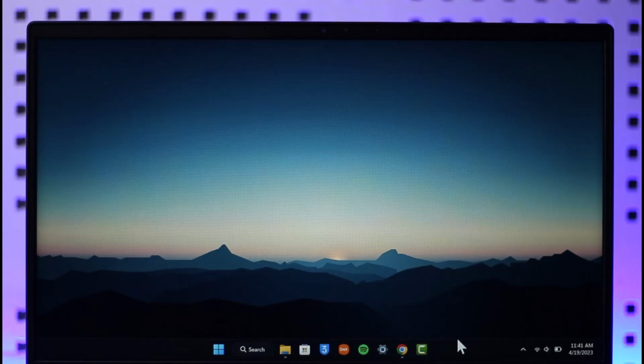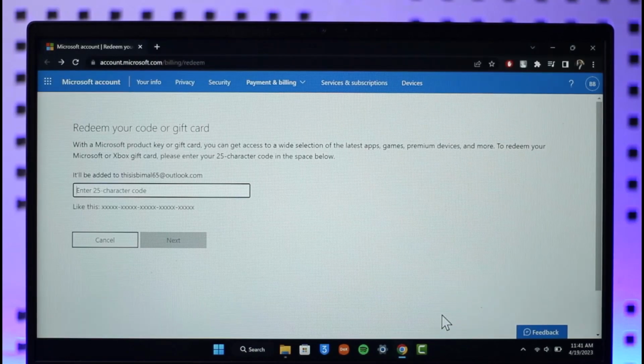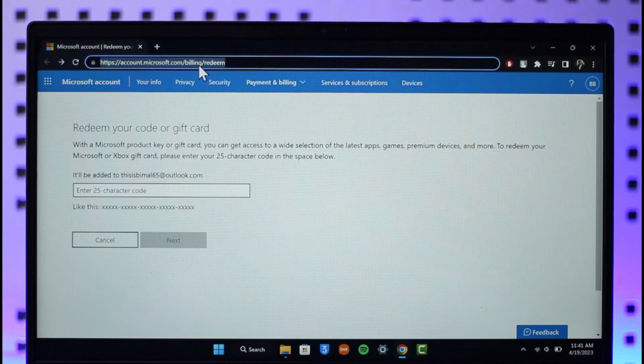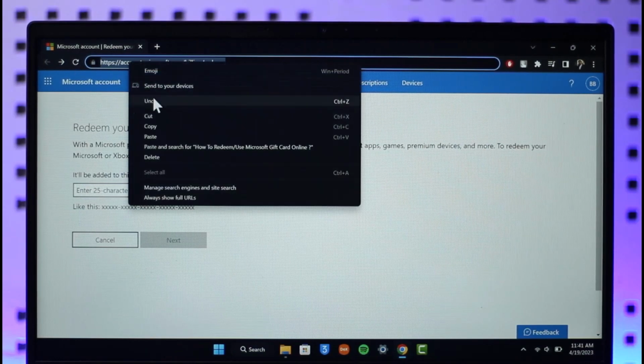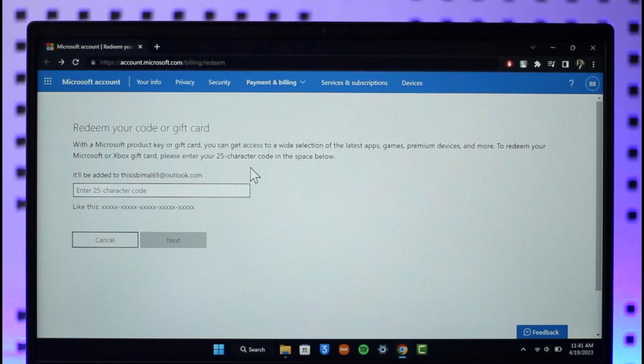If you'd like to use your Microsoft account's gift card, all you have to do is simply open up your browser, directly go to this official link, which is account.microsoft.com/billing/redeem. So you want to type in /billing/redeem as well. I'll make sure to drop a direct link. I'll just copy it and paste it in the description box, so you can directly click on the link and